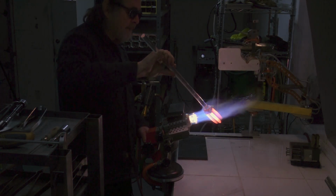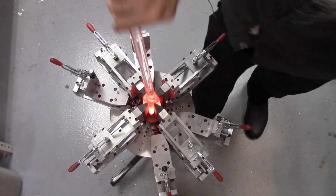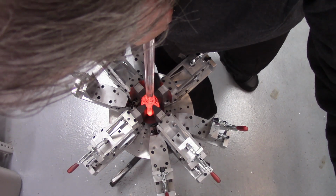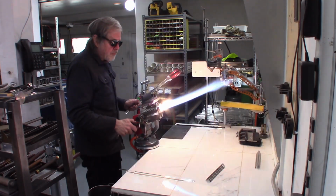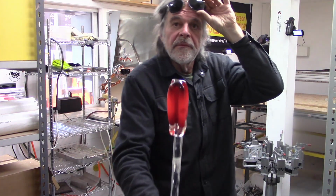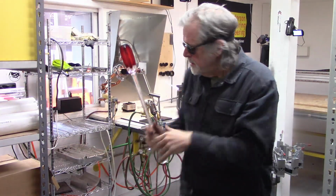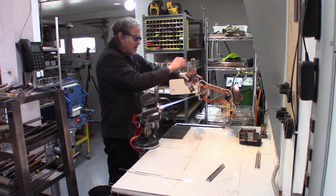Definitely getting some floppiness going on. And that is going to be the pattern. So now the next stage in this experiment